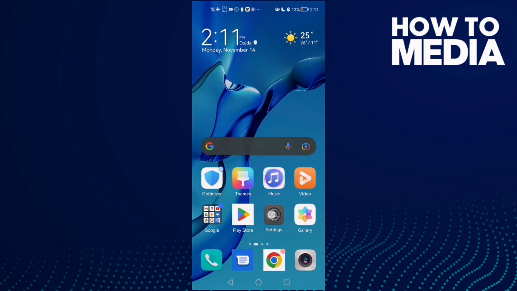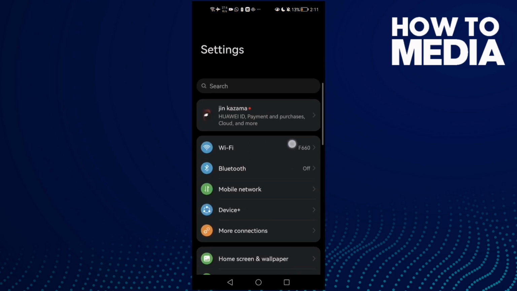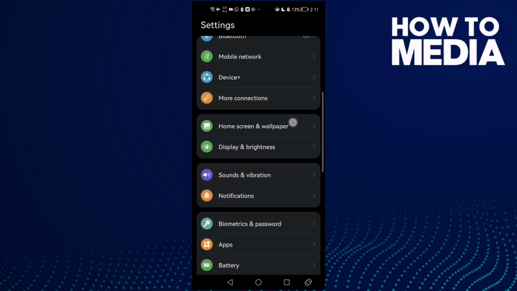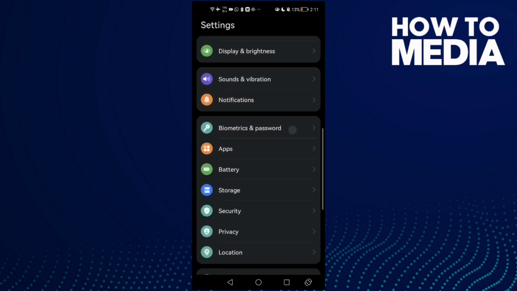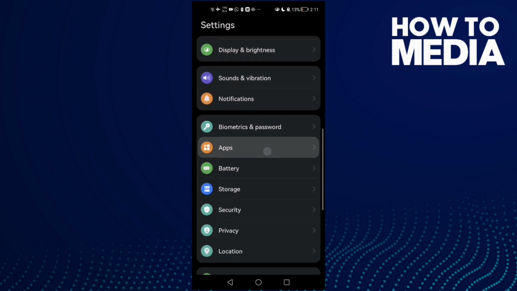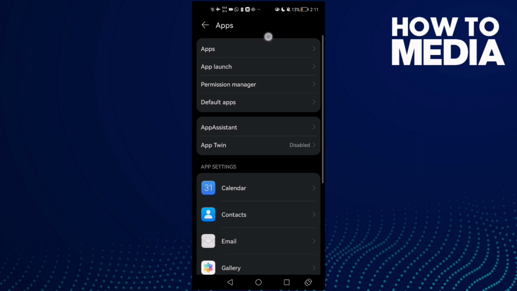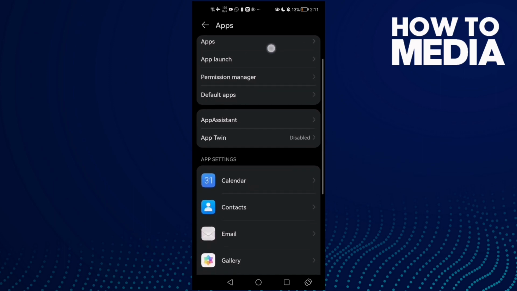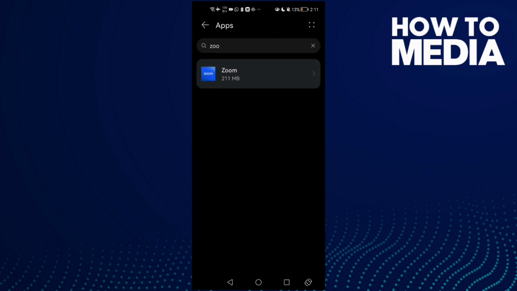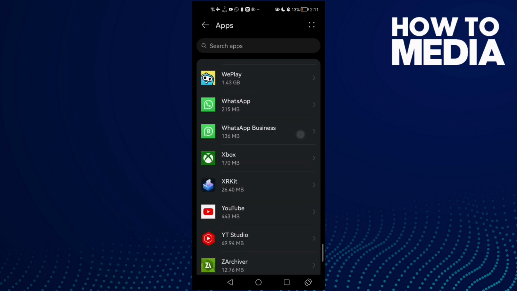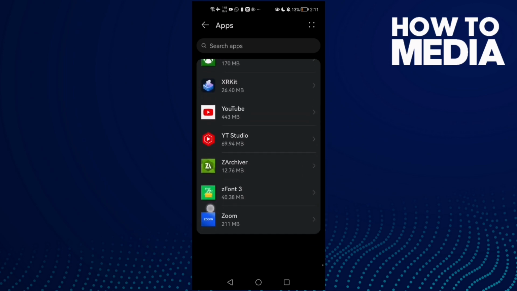First open settings and now scroll down until you find this one, apps. Click on it and then click apps, this one, and after that just click Zoom, or you can just scroll all the way down and here you will find Zoom. Click on it